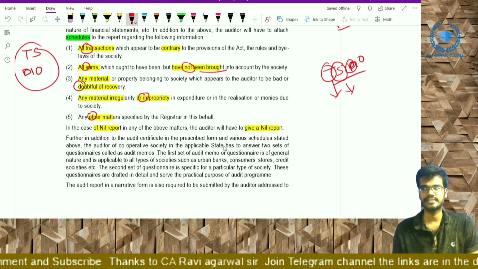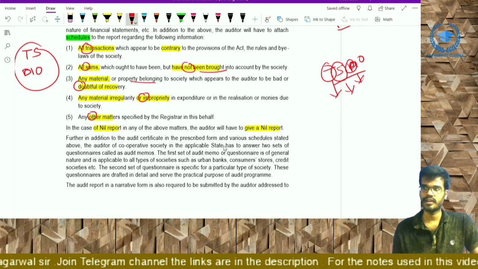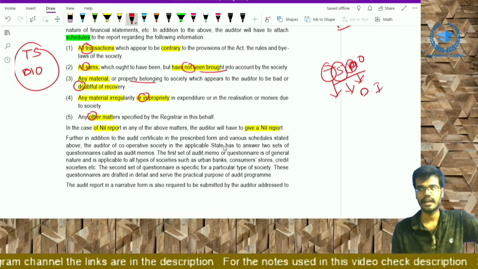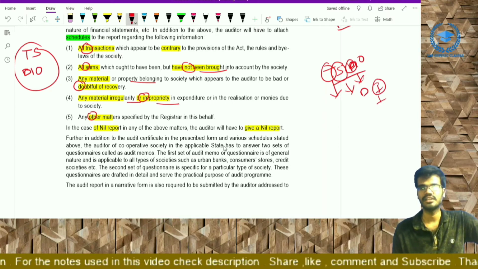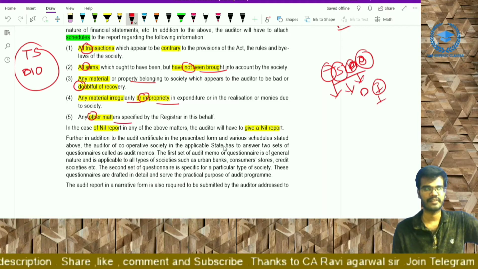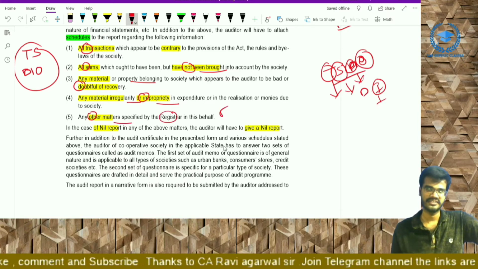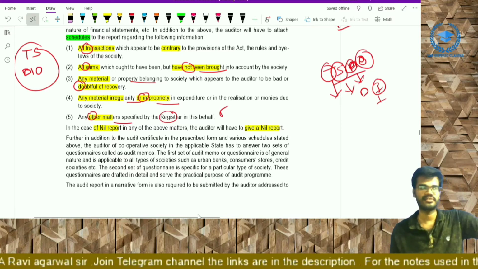And next D is doubtful. Any material or property belonging to the society which appears to the auditor to be doubtful for recovery, D. And I is impropriety. Any material irregularity or impropriety in expenditure of monies shall be reported. And O is the residual part, that is other matters as recorded by the registrar in this before. These are schedules. TSDO, 5 points are there, 4 points are main points, and the 5th point is the residual point,